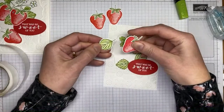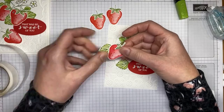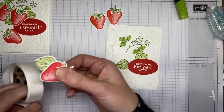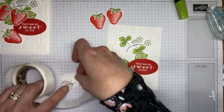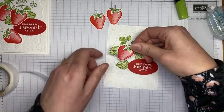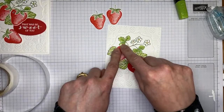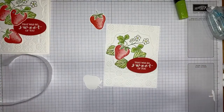And I'm going to adhere the leaf with a glue dot to the back of the strawberry before I adhere it onto the card front, which will help me just with placement. All right, glue dots. They're not cooperating, so I'm going to pick them and stick them. So, I've got my glue dots on the back of my strawberry here. And I'm going to tuck it in up here with the stamped image on the background. And then I'm going to take this one and adhere it here over the top of my